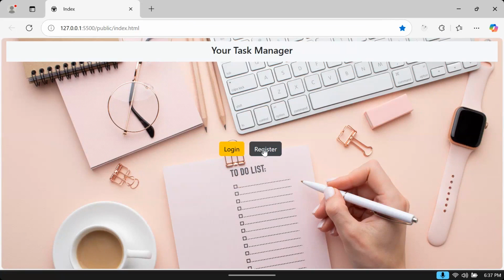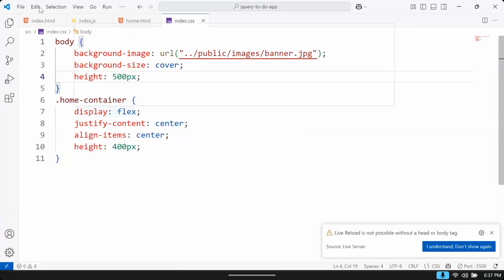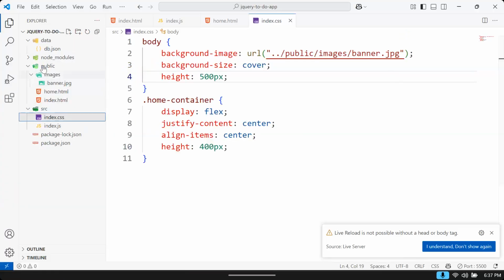On register click, the register form should load here. Register form should load in the same section. We need to load the register form. So that means there must be a register form, and on this button click, that form should load, right? Now see what we have to do. We need to create another HTML page, that is